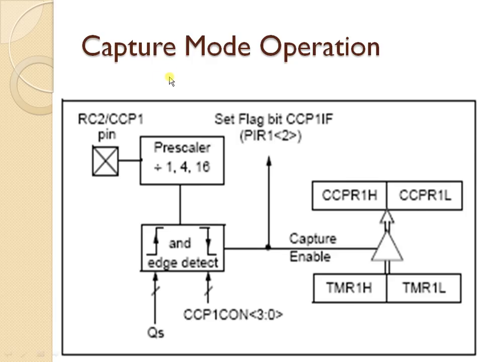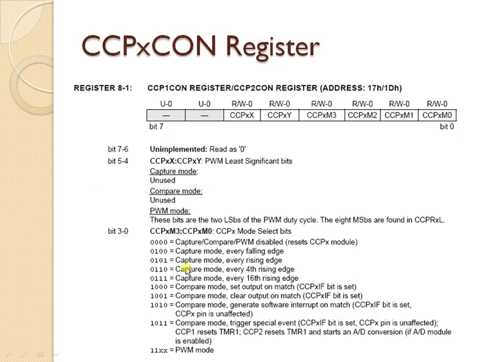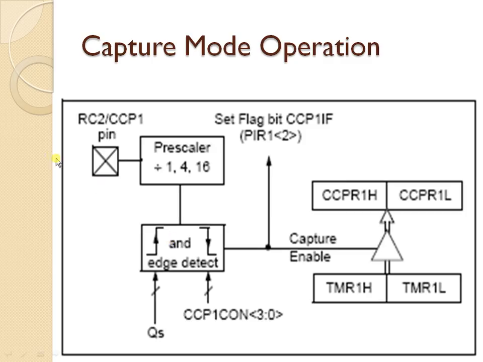Okay. Now capture mode. Now what happens in capture mode? As I've already told you, any event on this external pin will capture the value of this timer register into this CCP register. Okay. So CCP register is again a 16-bit register. So it will hold the 16-bit value of this timer 1 register. Okay. So if there is a rising edge, for example, say I'm going with 0100 combination, so capture mode every falling edge. If there is a falling edge, that is a logic high to logic low signal on this particular pin, then this event will capture the value present in timer 1 into this